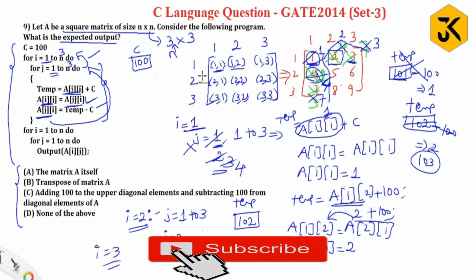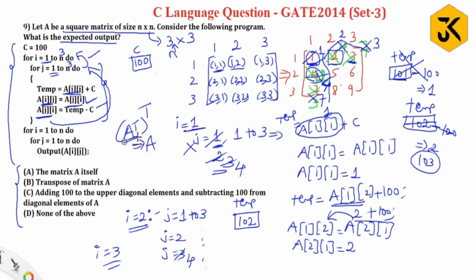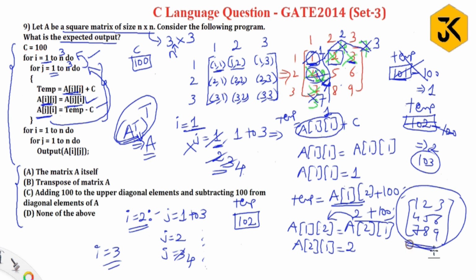So transpose of transpose, I should check. Transpose of transpose, you will get A. For one for loop you are getting A transpose. For another for loop you are getting transpose of transpose. So transpose of transpose, you will get again A. So our final answer will be again 1 2 3 4 5 6 7 8 9. Trace it out clearly, you will get the same answer.